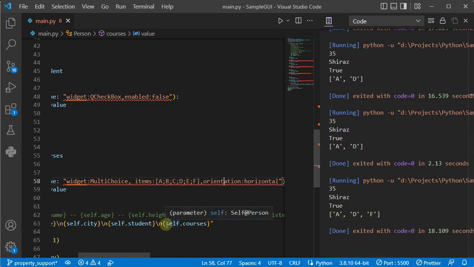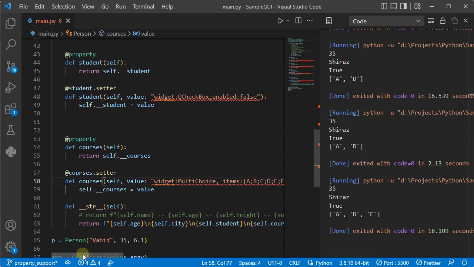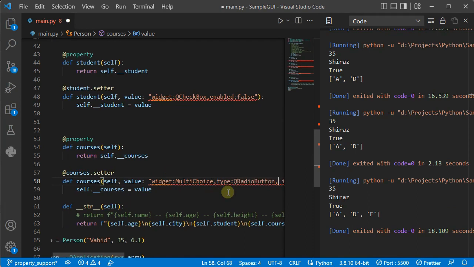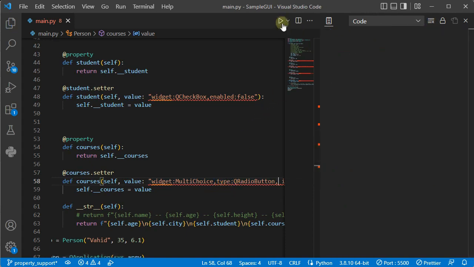Now imagine that I want to let the user select one item instead of a collection. Here again we have a multi-choice widget, and for type we should use QRadioButton. By default we use QCheckBox, but you can override it with the type property. Now if you run the application,